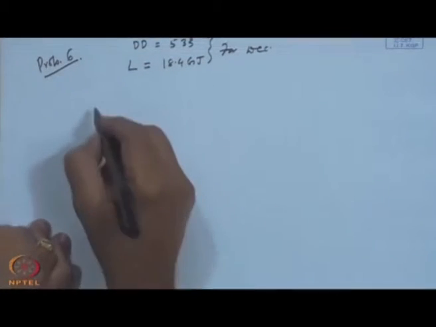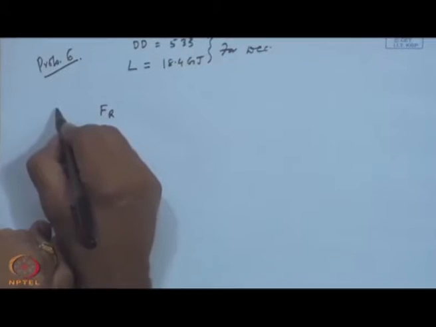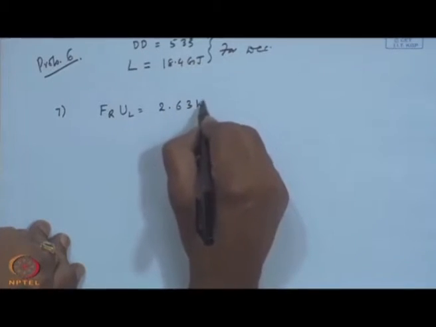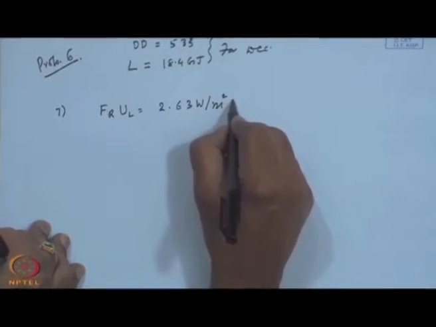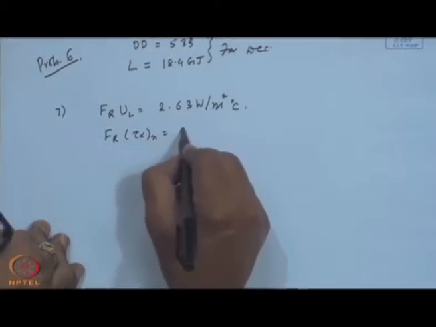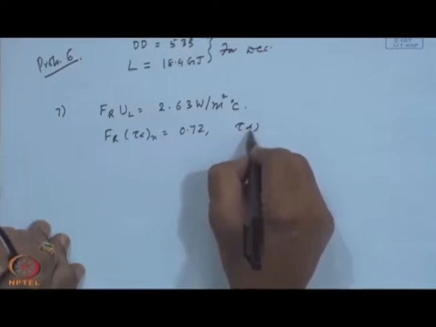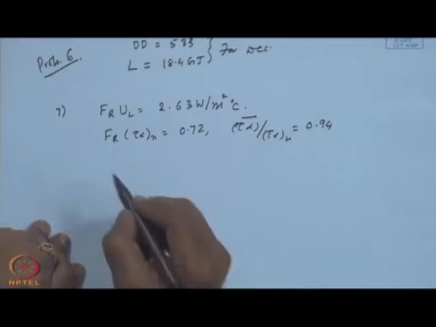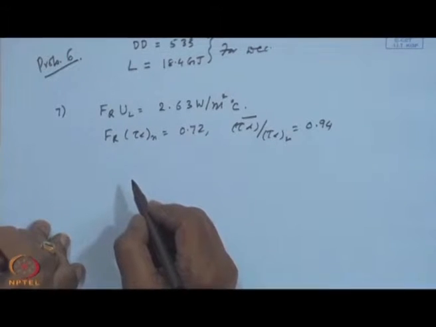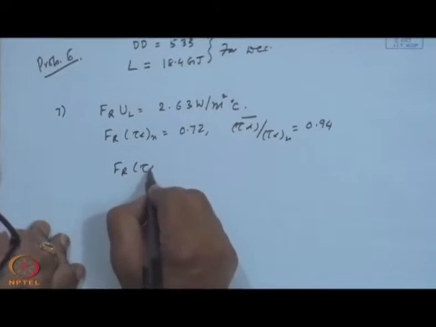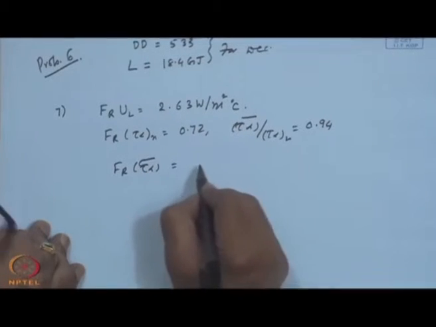So, 7, the collector properties are F R U L is 2.63 watts per meter square degree C. F R tau alpha normal is 0.72, with tau alpha bar upon tau alpha n 0.94, calculated by the detailed method we have described in the earlier problem while dealing with the phi bar f chart method. So, F R tau alpha bar will be the product of these two,